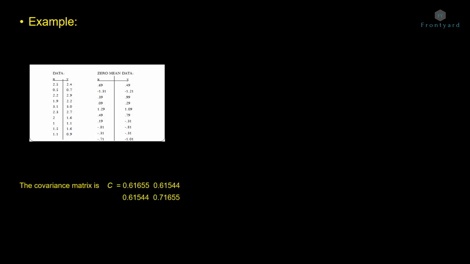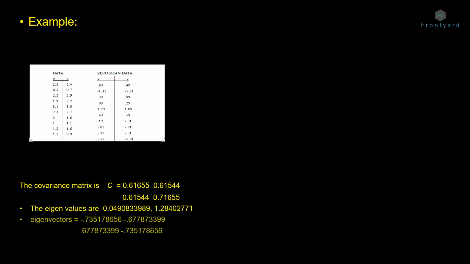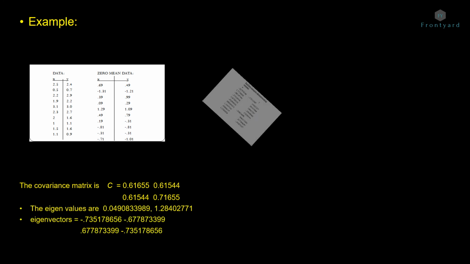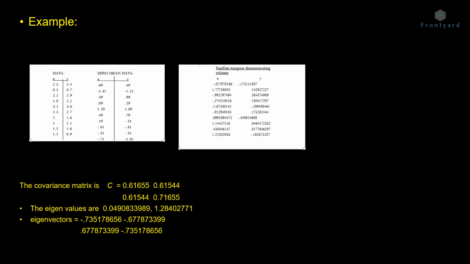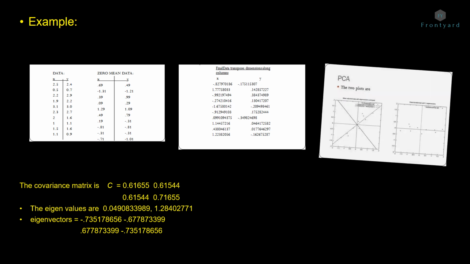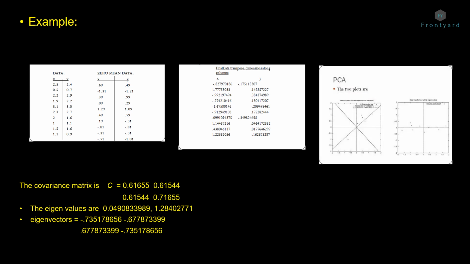See with an example. The covariance matrix is formed as said in the procedure, and the eigenvalues and eigenvectors are derived from it. As said earlier, the final data is formed with the formula row feature vector times row zero mean data. Row feature vector is the matrix with the eigenvectors in the columns, transposed. So now the eigenvectors are in the rows, with the most significant eigenvectors at the top. Row zero mean data is nothing but the mean-adjusted data, transposed. And you can see in the third picture the plots of the PCA.